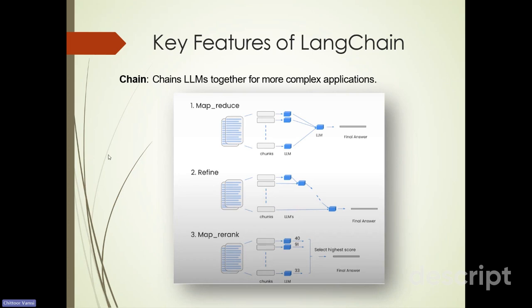Refine is where you start with one document and pass it through LLM1, and then you refine it by passing this output from the first LLM as context to the second LLM. So now the second LLM has the set of X documents along with the response from the first LLM. It tries to iteratively update the response that is generated. And once you reach the final chunk, it's going to be the final response that you pass to the application side.